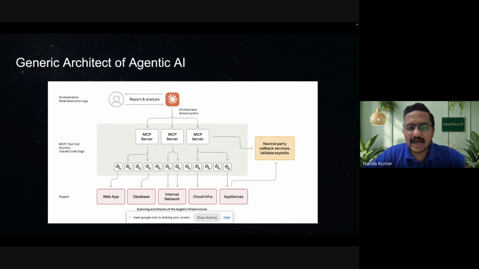Any questions on this high level architecture of agentic AI? Okay, keep this at a high level because this is a very complex topic. But assume there is a supervisor who takes a piece of work and breaks it down, and he has subordinates, small agents specialized in each area. Someone will be good in front end development, some in back end, some in database. This agentic AI will work with all of them to build an application overall.